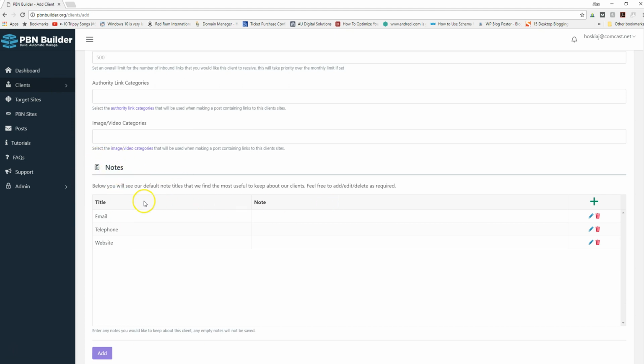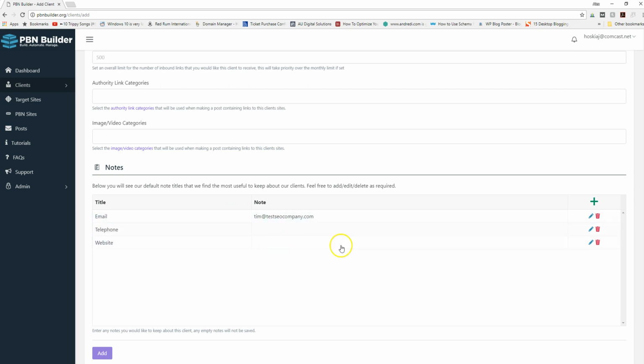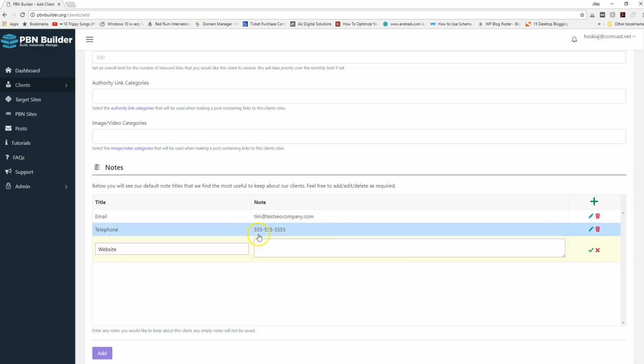Now under notes, this is really cool. This is a little CRM system I had built in here, and what you do is you click this little pencil, click edit, and you can add your client's preferred email that you wish to contact, or the email that you contact the client with on a day-to-day basis. So let's do tim@testseocompany.com. Save. Telephone number, you have 555-5555, and then you also have the website, which is just